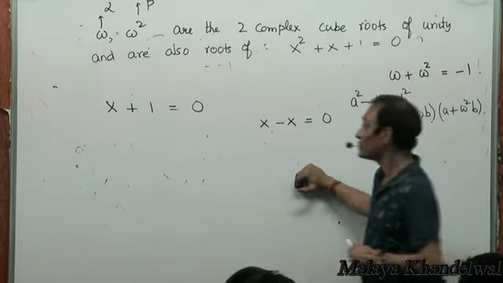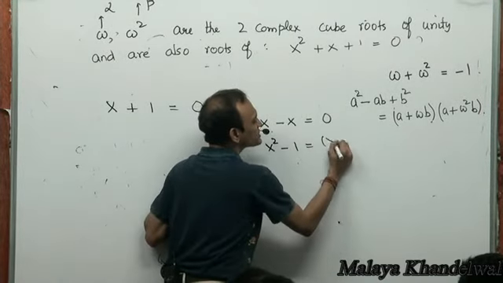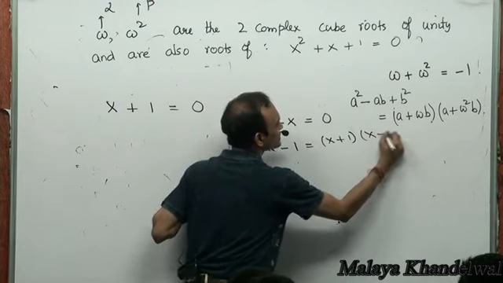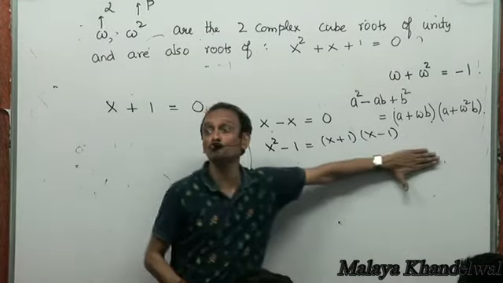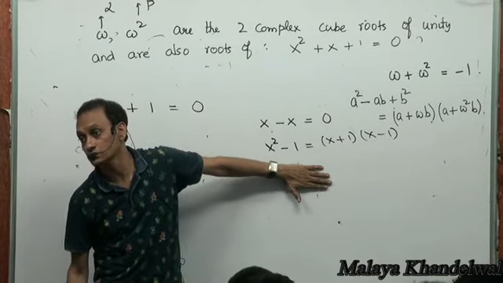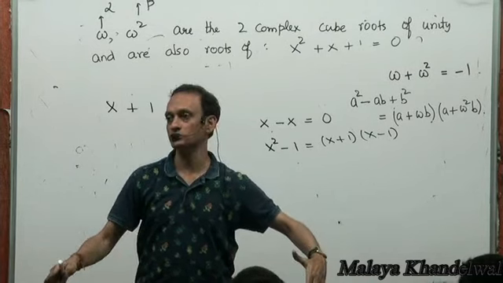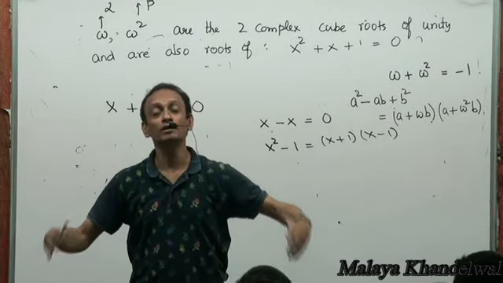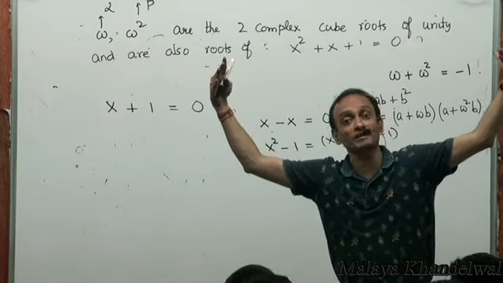Right? You know what I'm saying? So if I had, say, x squared minus 1 is x plus 1 into x minus 1. Is it an equation or an identity? It's an identity because this statement is true for all values of x. An equation, however, will have limitations. It will not be commensurate with all values of x. It might be commensurate with infinite values of x, but not all.